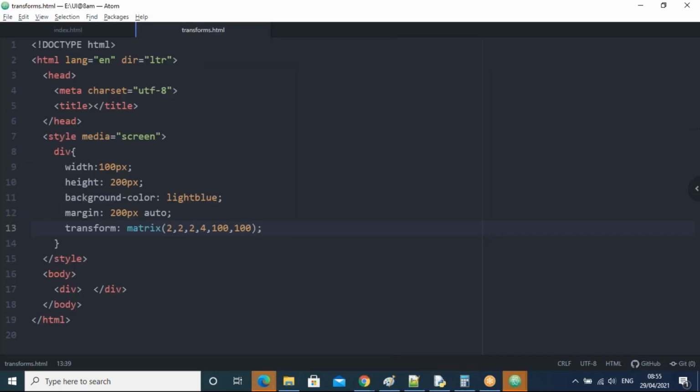Okay, so all of you, this matrix function, you try one more time, guys, by taking different values. Keep on trying. Which one? This transform, right? It seems a little bit complex to understand which one is the q value, and these plus values, minus values, and the matrix has this number of arguments. A little bit complex, guys, but still if you practice 2 or 3 times, then it will be very easy.